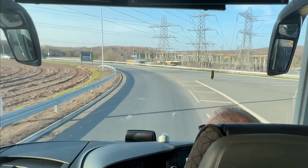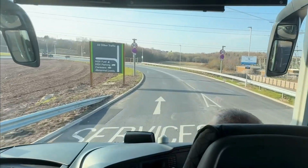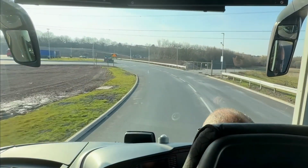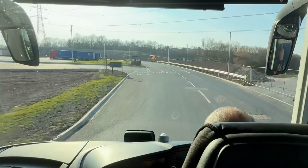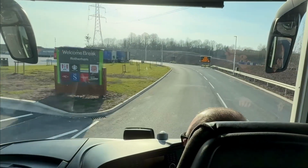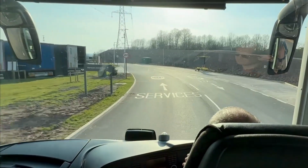It's certainly well signed and well laid out from the point of view of not having to drive around car parks and stuff like some of the older services can be. But anyway, the services is split into two completely different sections. You've got caravans and the trucks here on this first section, and you'll see as we go around the corner,